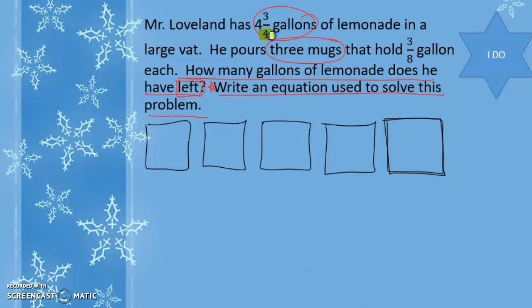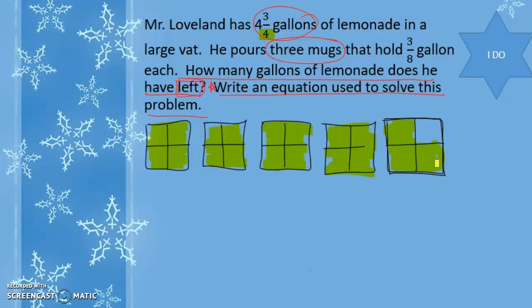Because the denominator is 4, I'm going to go ahead and split these into fourths just so I can see what's going on. So we've got 1, 2, 3, 4, and